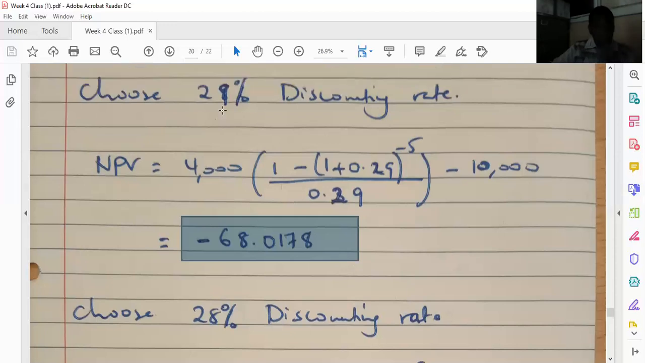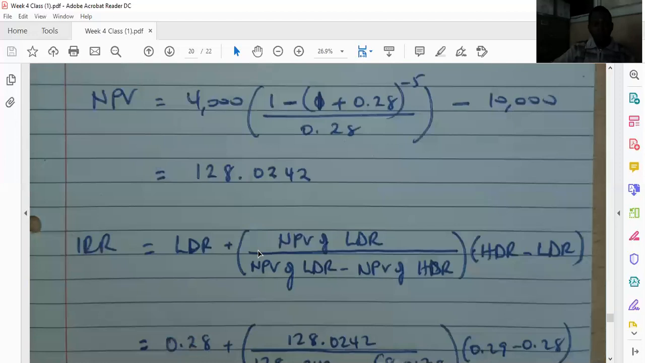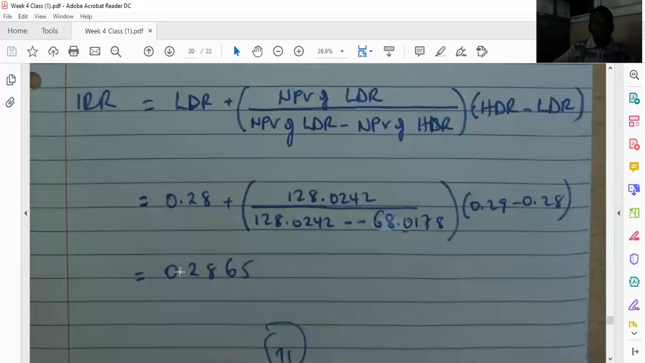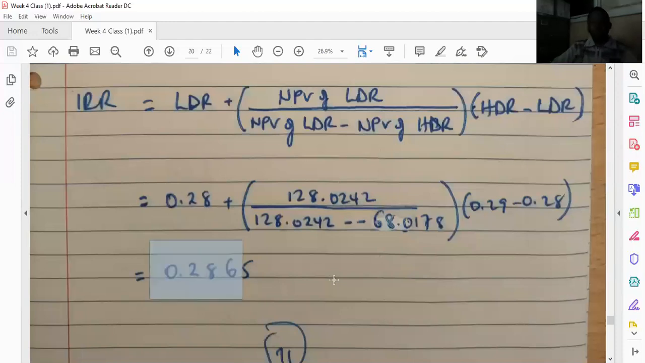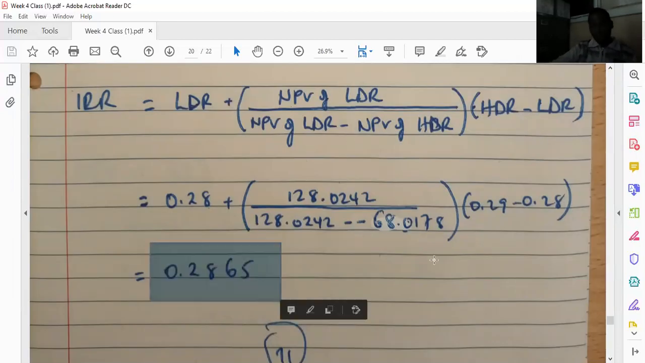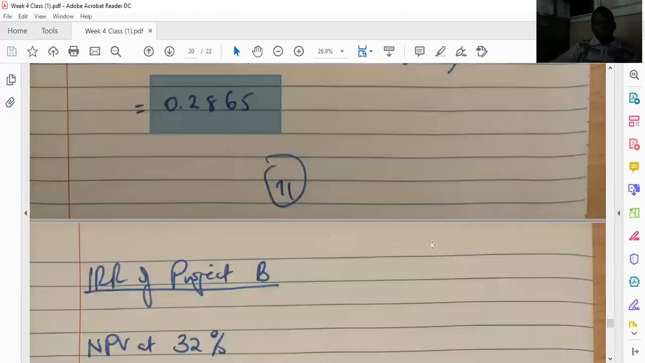So in this case, we take 29% and 28% and their respective NPVs. So you apply that in the formula, and we get the internal rate of return of project A as 0.2865, or rather 28.65%. And then for project B,